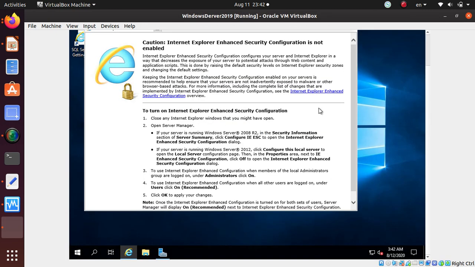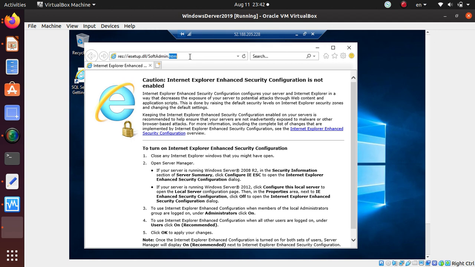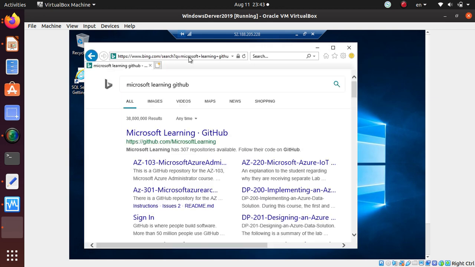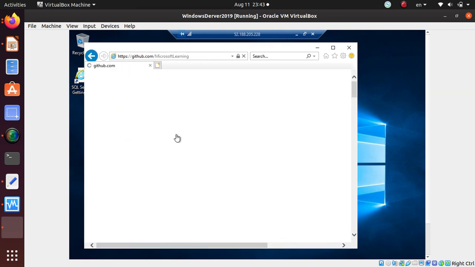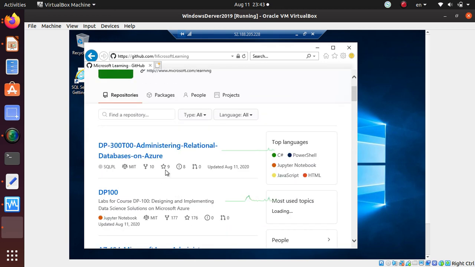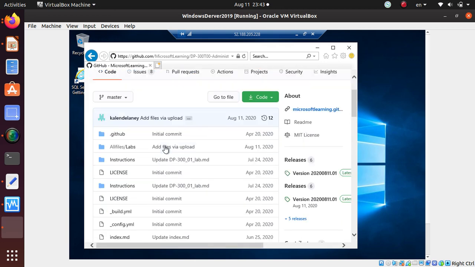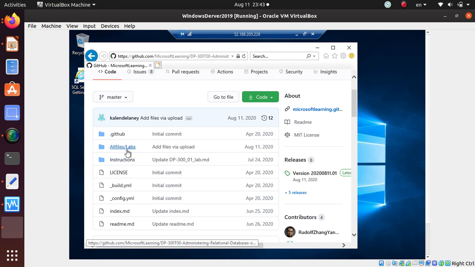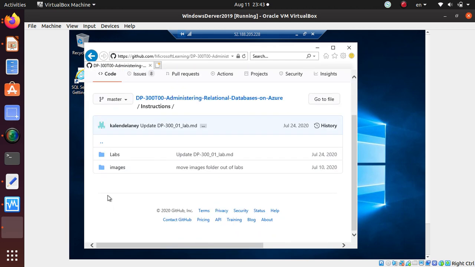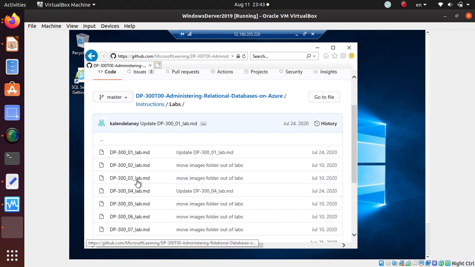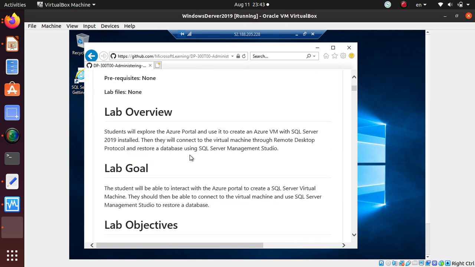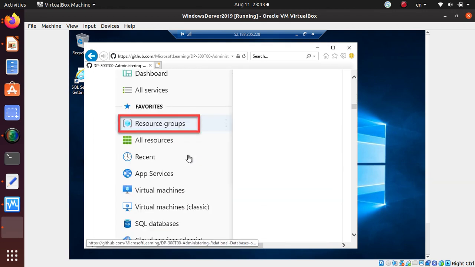So let's go over here and just first say Microsoft Learning GitHub. Okay, I just want to go to the page. So this is what I'm doing right now. This is actually inside the virtual machine that is running in Azure. Okay, so here, and they want us to go to